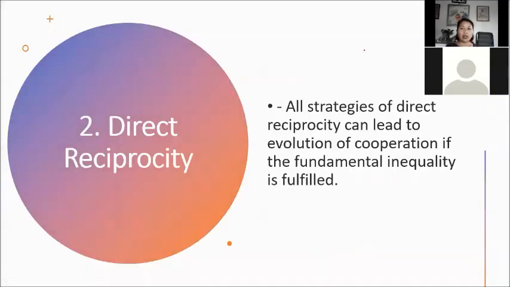Another, we have the direct reciprocity. So all strategies of direct reciprocity can lead to evolution of cooperation if the fundamental inequality is fulfilled. Ano ibig sabihin ng direct reciprocity? So when we say direct reciprocity, it means that A helps B and B helps A. Direct reciprocity. Okay. So next one is indirect